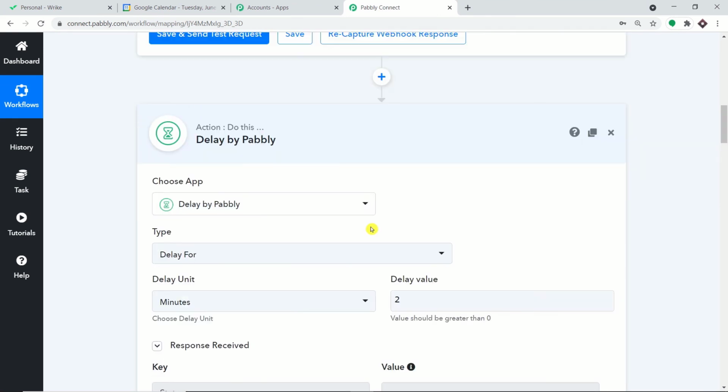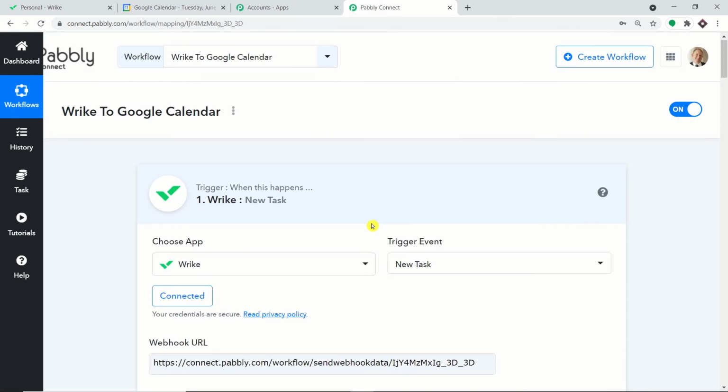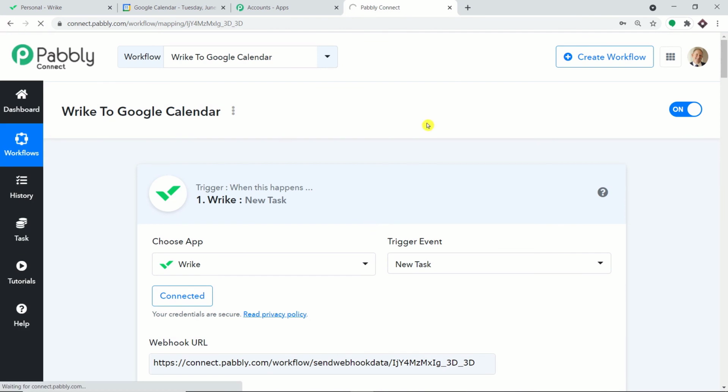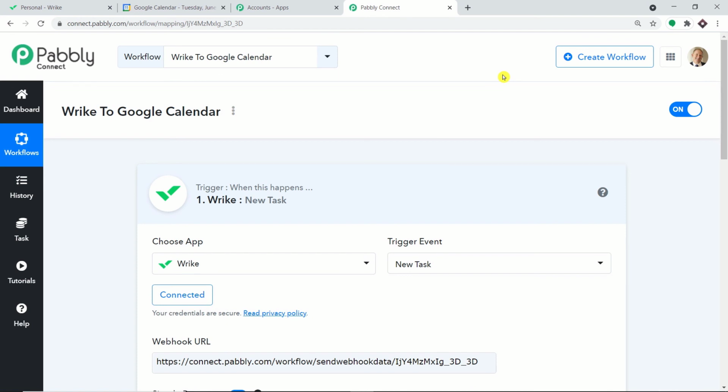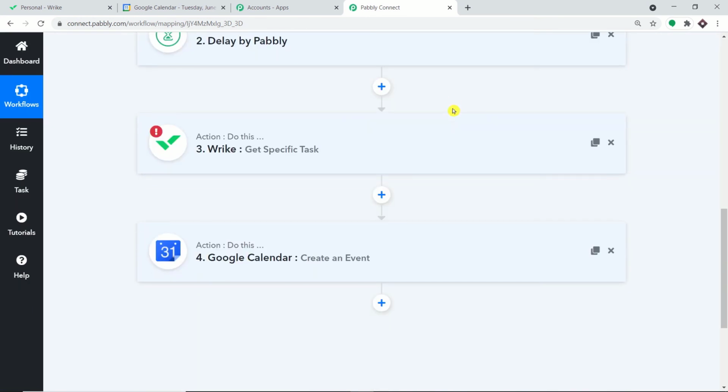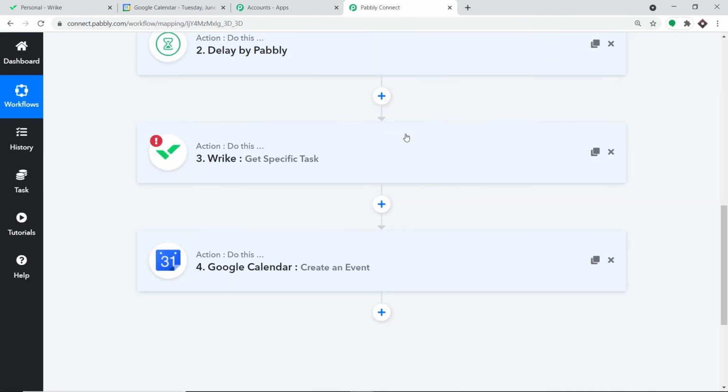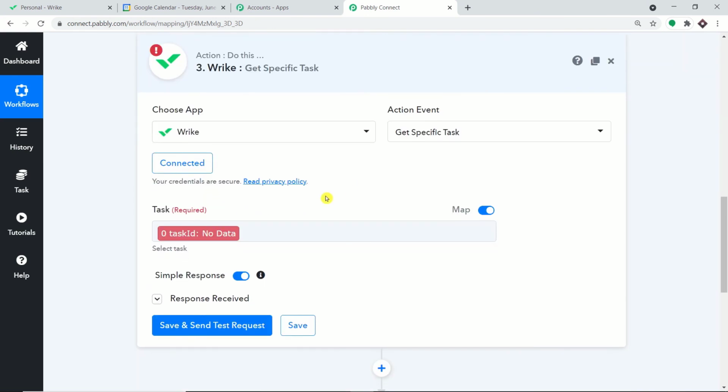So what I'm going to do here is click on F5 to refresh this whole workflow. Okay, so it is getting refreshed. Basically the whole workflow has been refreshed. So there is some error actually. It is not showing any kind of task related detail.